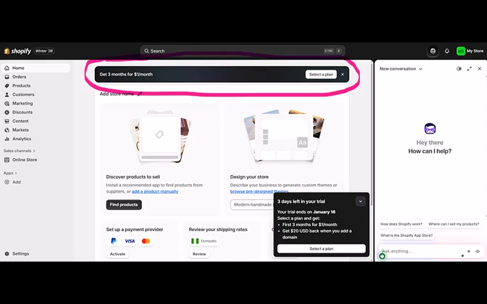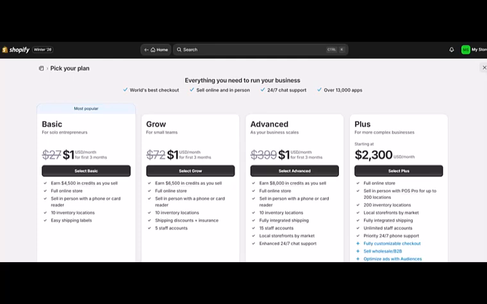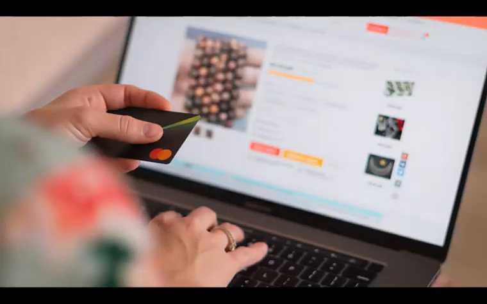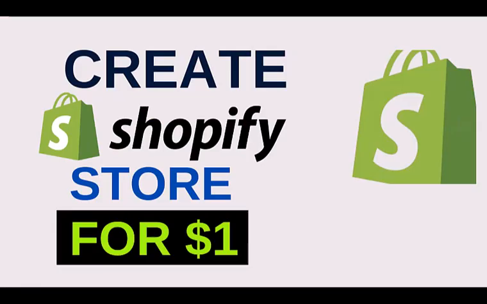You can upgrade later. Step 7. Add your payment method. Confirm, and that's it. You're officially on the Shopify $1 plan. During these 3 months, you can build a professional online store, add unlimited products, connect a custom domain, accept payments,